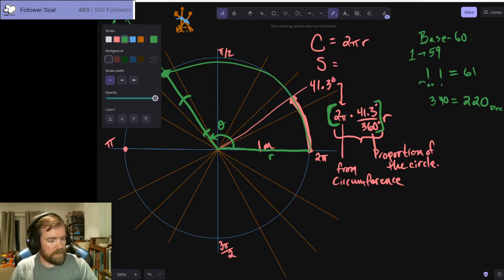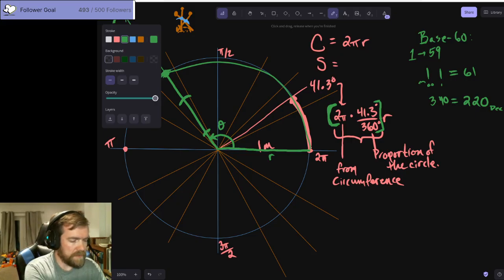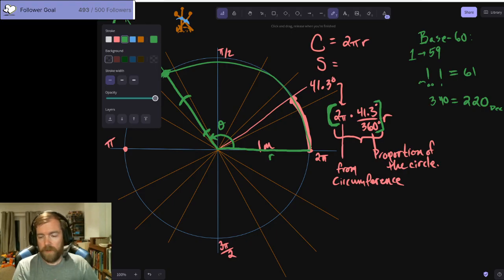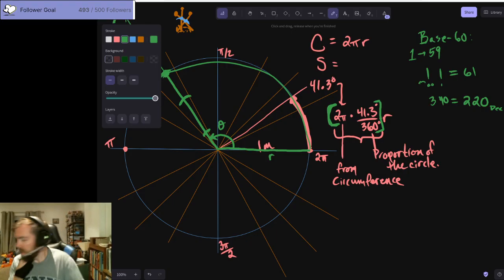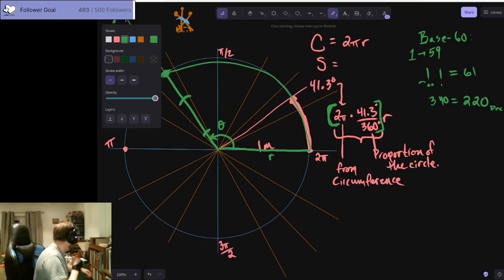And they represented ones and, well, all the numbers through 59. There is a whole study on cuneiform. So if you want to look into any of that,